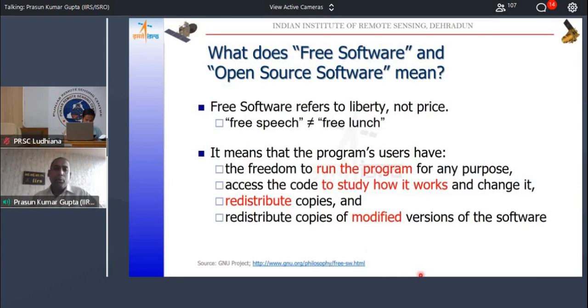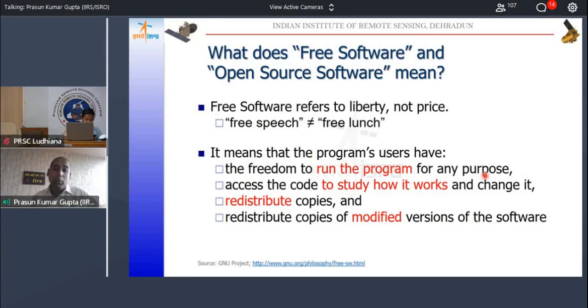Open source software allows you to have the freedom to run the program for any purpose. You may have read the news that certain countries have applied an embargo on India. We cannot purchase software, or if we buy a software, we can only use it for certain purposes. So, for example, a company can sell the software to maybe your college, but they cannot sell it to ISRO or DRDO because they use it for some other strategic purposes. So, all these kinds of restrictions are not there in open source software.